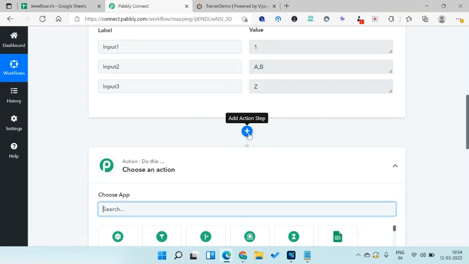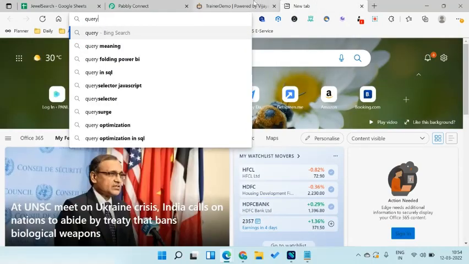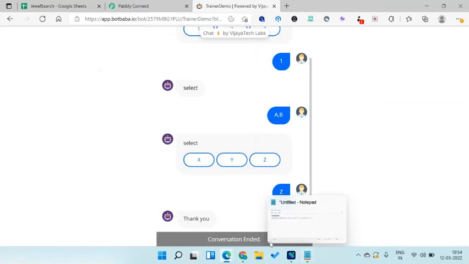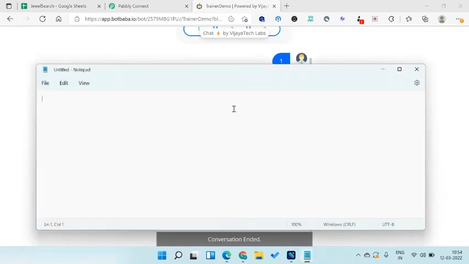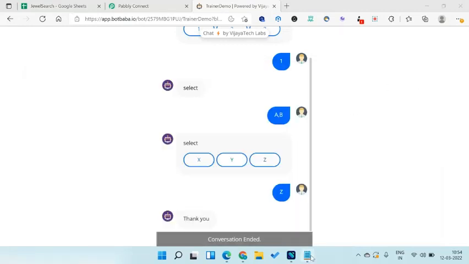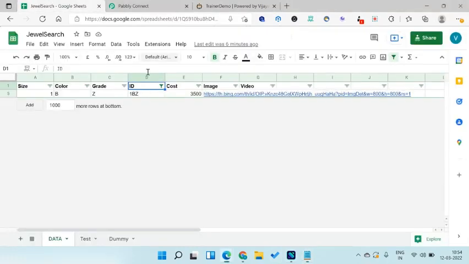So usually it is like this, it will be like query, something like that. Okay, one second. Here I think we have that. So like this, usually if you search here